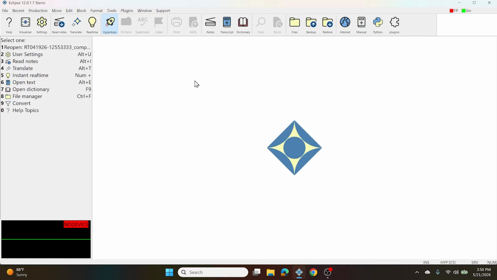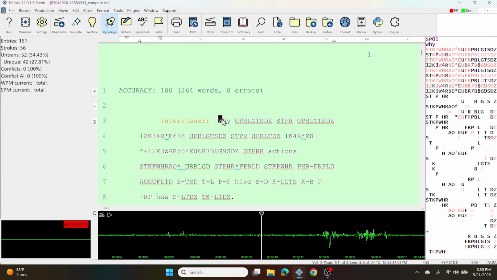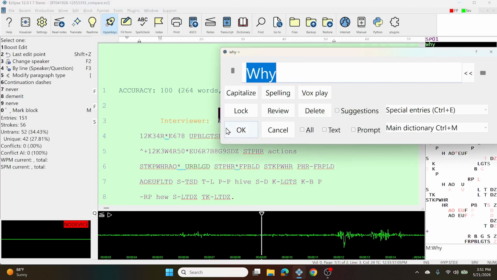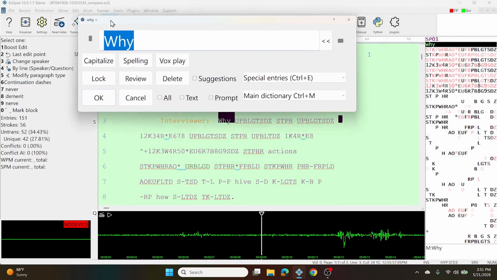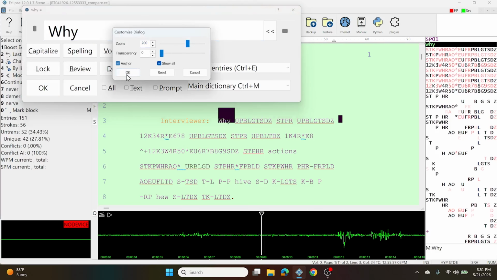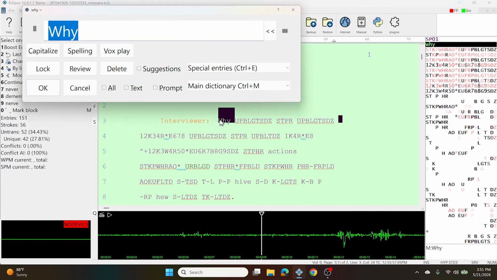I'm inside Eclipse, and for this demonstration, I'm just going to open up any document. For this example, I'm going to use the global window. So what I'm going to do is open my global window, and I'm going to drag it to a particular location on my screen, and I'm going to anchor it there. And we are going to pretend that that window has been anchored on an alternate monitor or somewhere else off